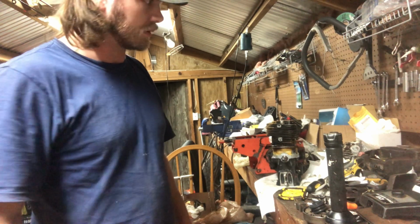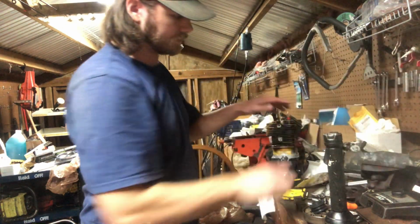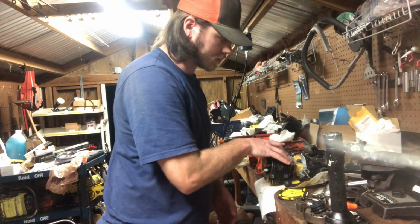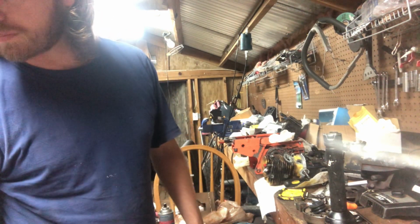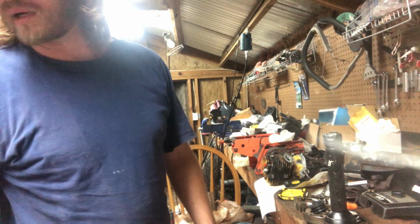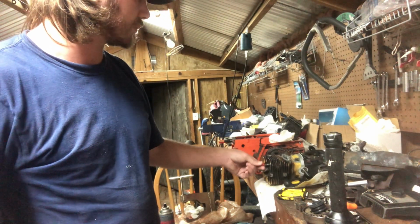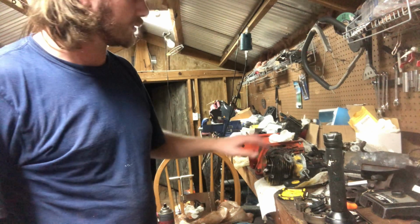What we're going to get into is putting it back together. So, we need to get our intake blocking gaskets for that guy. I don't know if I even want to try to get that off of there. I've got a few new ones. No, but I don't want to use that. I'll just order a couple new sets. I still have to use the gasket. Got a couple new sets of them, but that's what I'll do. I'll go get those so we can put that on, get it bolted down,